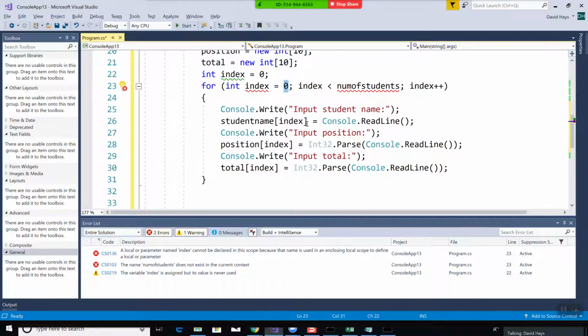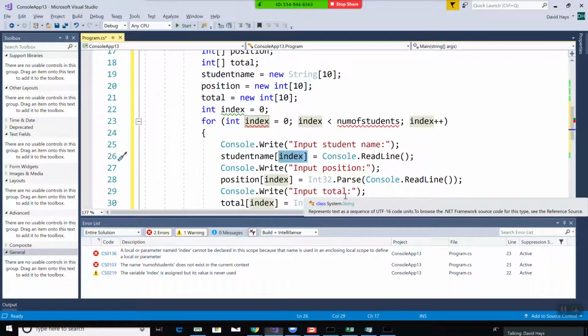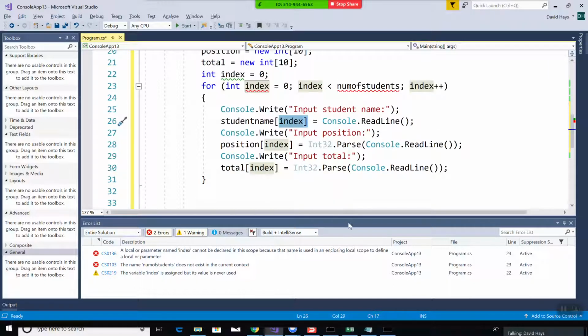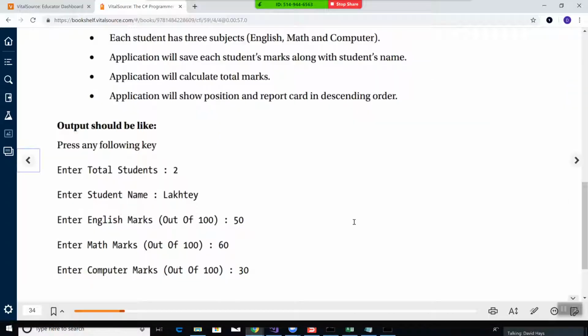And then it increases the index each time, which means it'll update each individual entry in those particular arrays. You can use a multi-dimensional array if you want, but I think they're used too much sometimes, and they make the program a lot harder to read. Sometimes they're necessary, but